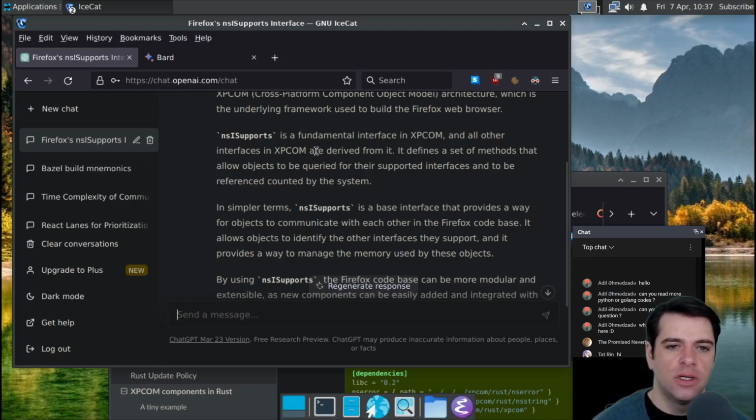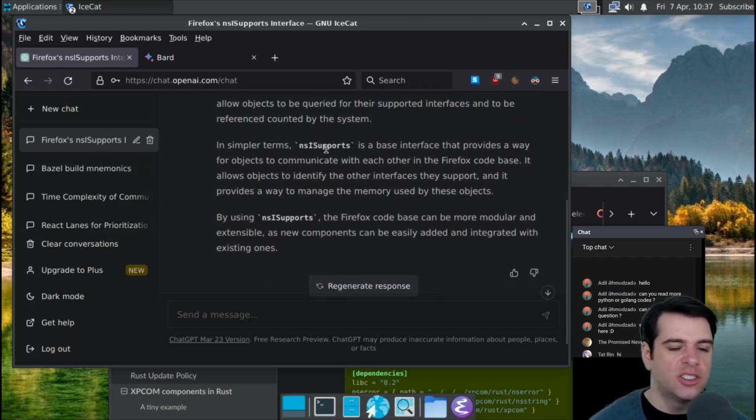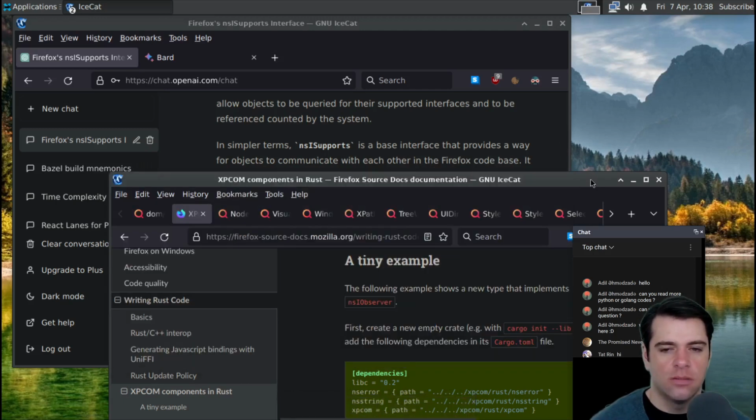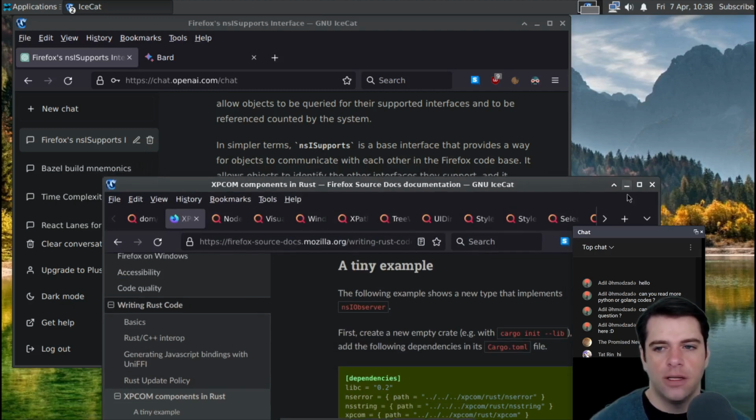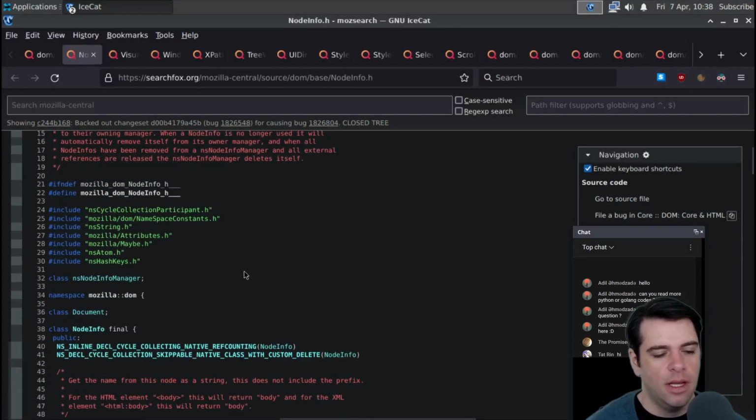counted by the systems. Okay, I guess supports is means because you can ask it what it supports, so it can be queried for its supported interfaces. And we've also got this reference counted thing, so they get reference counted. In simpler terms, NSI supports is a base interface that provides a way for objects to communicate with each other in the Firefox codebase. That just sounds like IPC though. It allows objects to identify the other interfaces they support and provides a way to manage the memory used by these objects. Okay. So something about kind of IPC service stuff that I will just